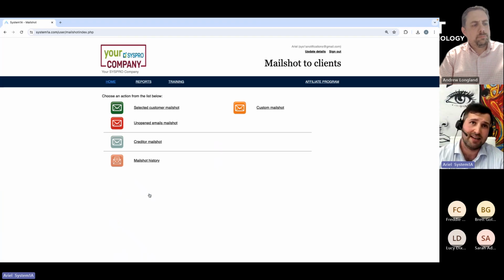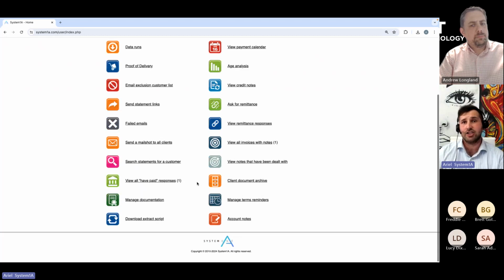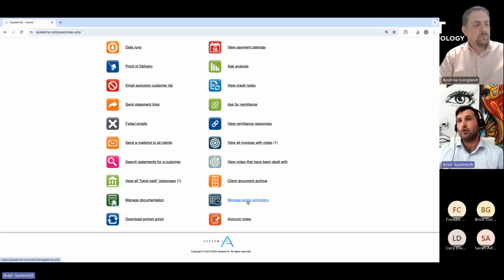So you do have the ability, whether that's an urgent communication around your bank details having changed, or just a general price increase or closing dates, to send it to a selected group of customers or to your entire customer base. We do also have a managed term reminder section, which is another move towards automation, which allows